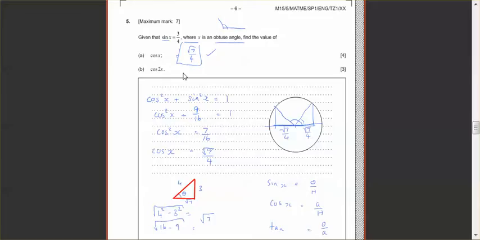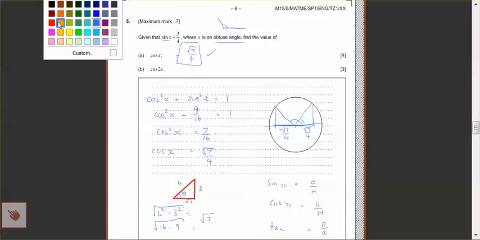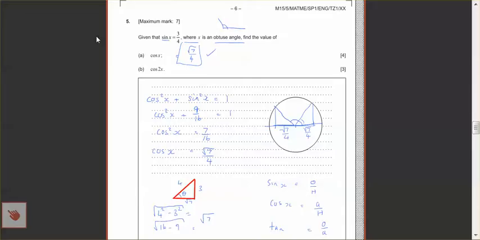Okay, next thing, cos of 2x. Well, that's relatively recent in our work. Angle identity, yeah? So in your formula booklet, cos of 2x equals cos squared of x minus sine squared of x. So based on what you did already, cos squared of x is